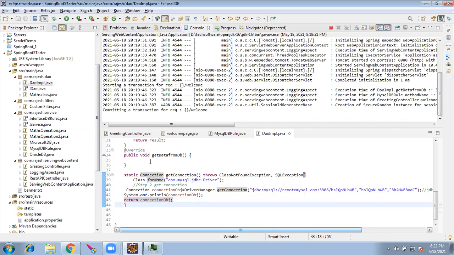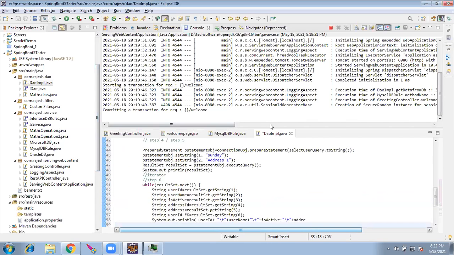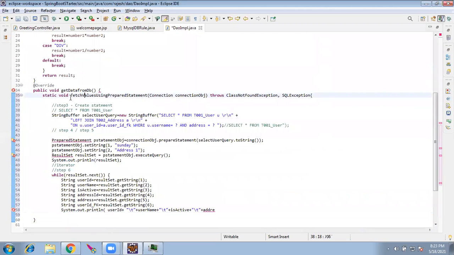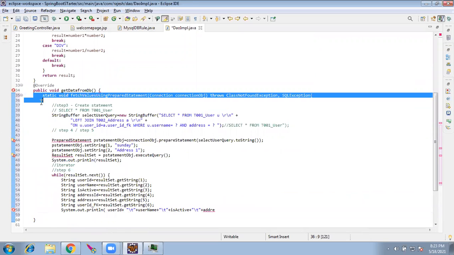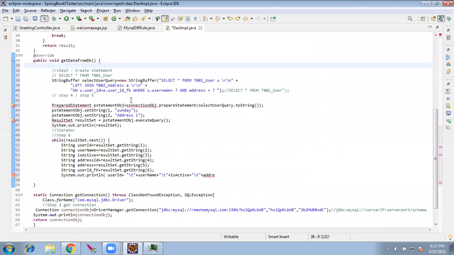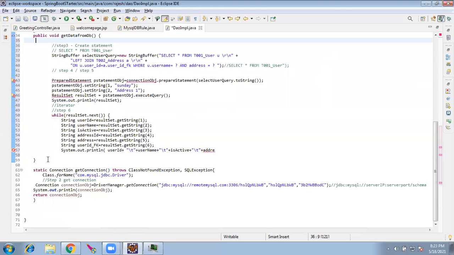So inside this get data from DB, I am pasting this method. Okay, here it is. So I need a connection object for this method.